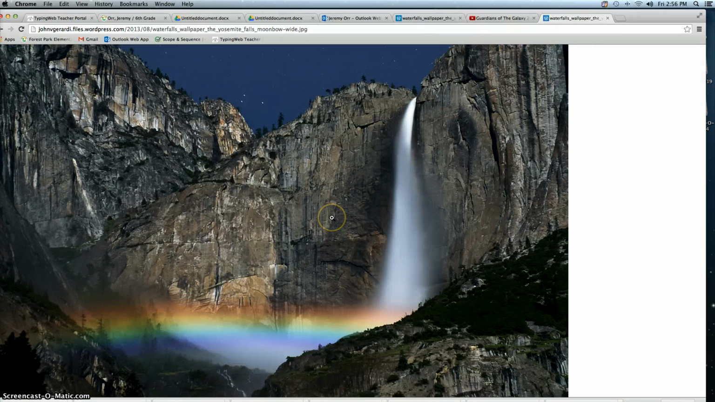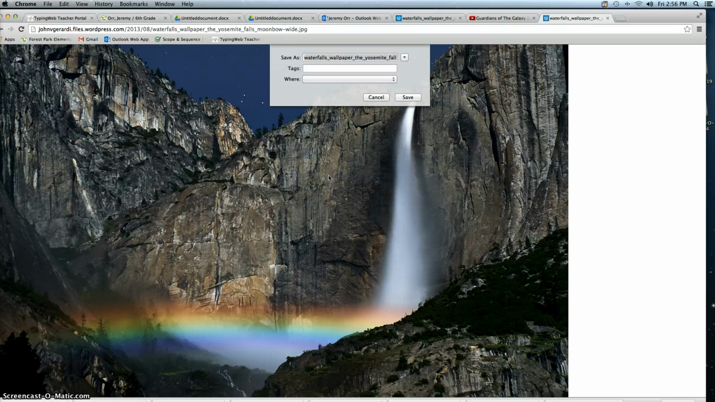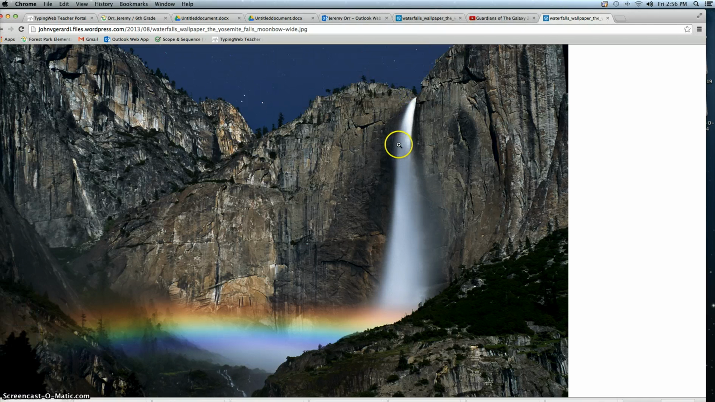I want the picture all by itself. Now again, I'm going to hold down the Control button on the keyboard and click my mouse to get that menu, and I'm going to save image as. I want to call this, let's call it Yosemite Falls. It's right there, Yosemite Falls. Okay, click Save. Now I'm going to go back to my Word document,